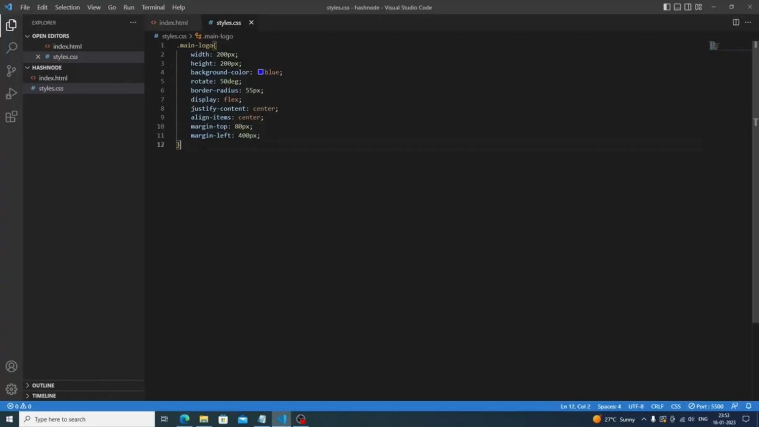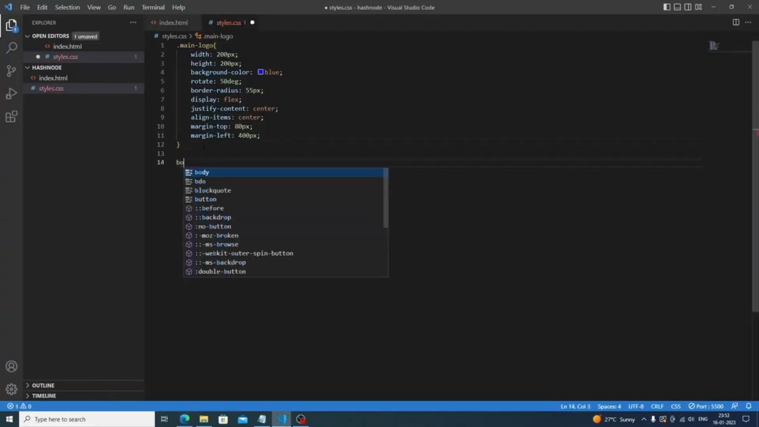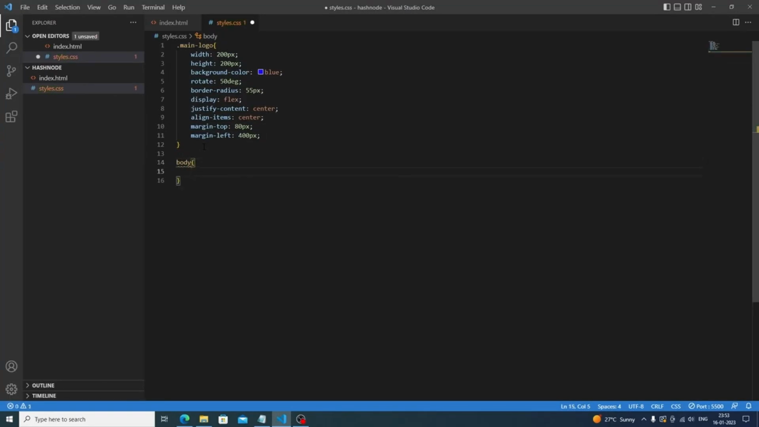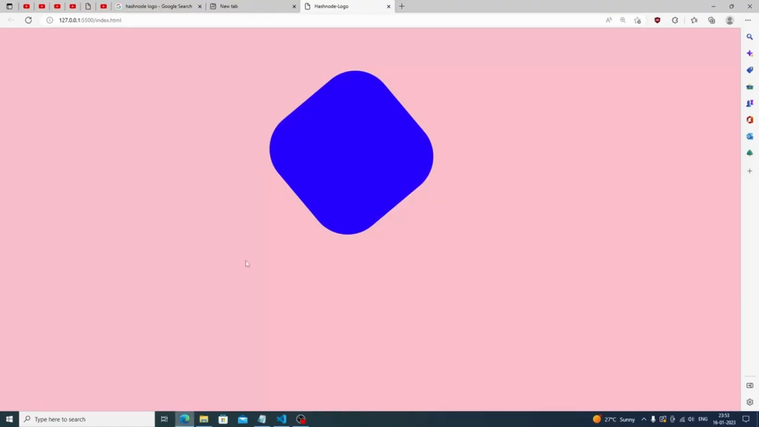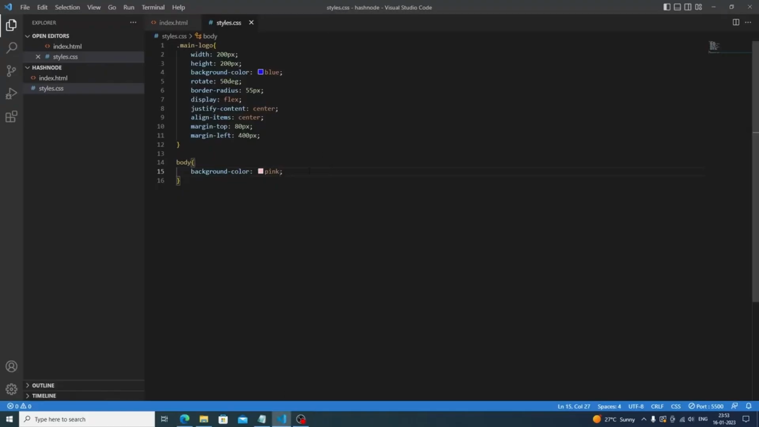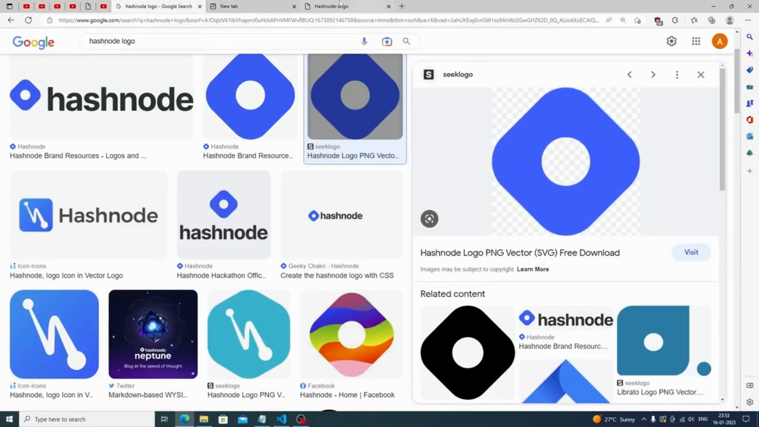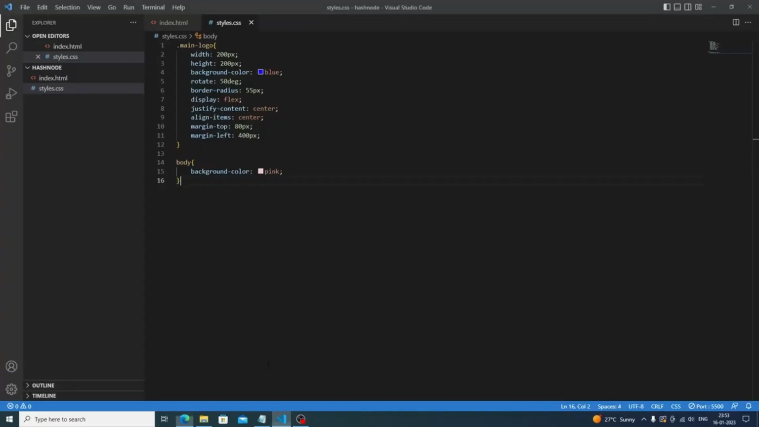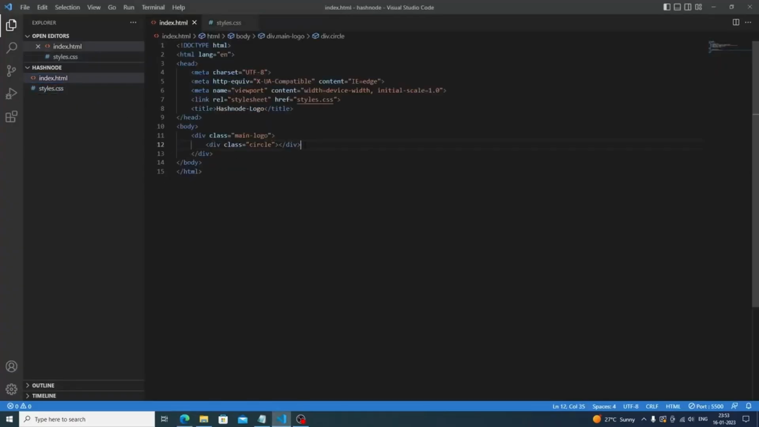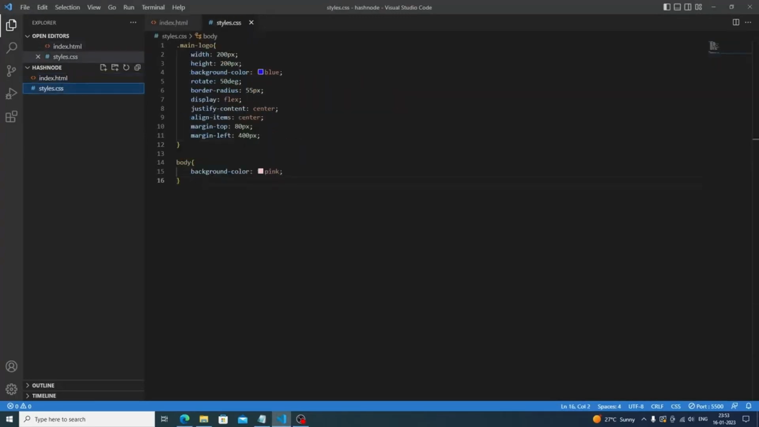The main thing arrives, which is the body part. We'll just target the body and set the background color. We will set pink. Okay, it's pretty nice. We are ready with our kite shaped container. This is the one. We will need a small circle inside it. As you all know, we have already made the circle div. So by targeting this circle div,